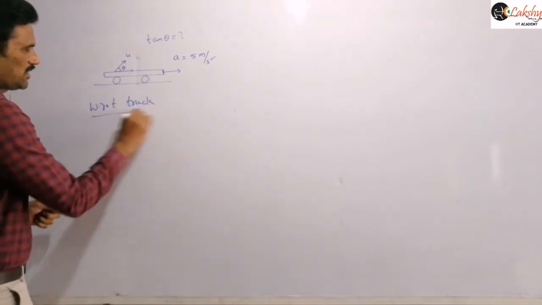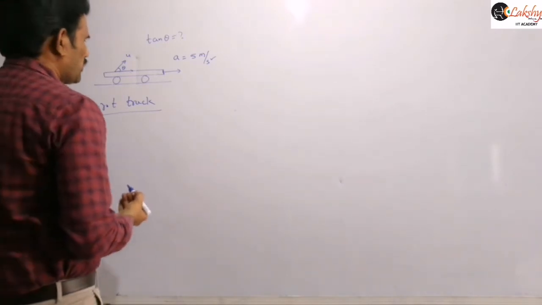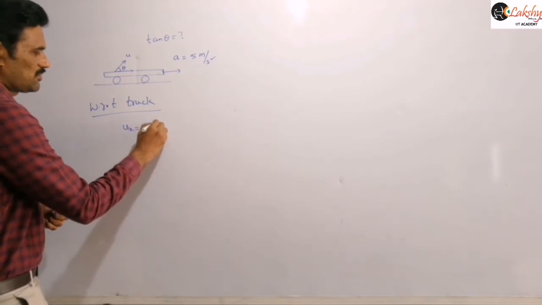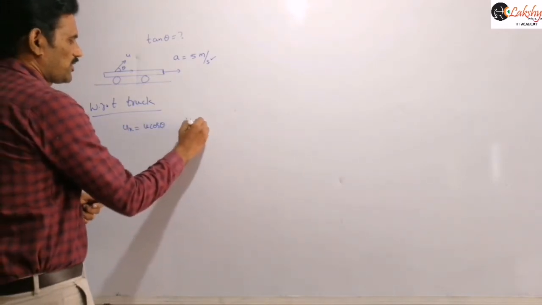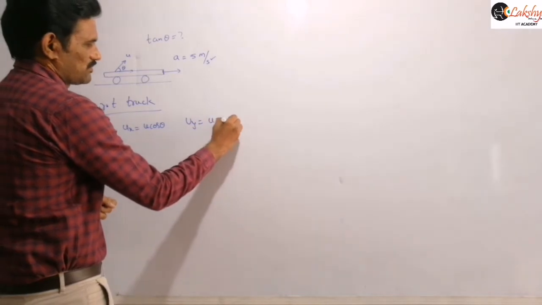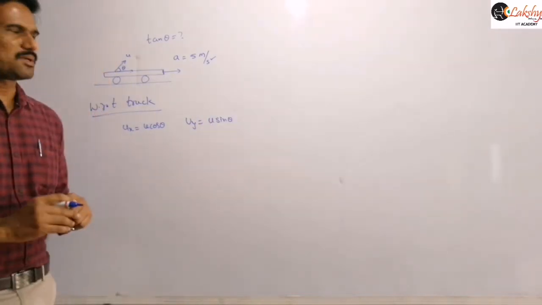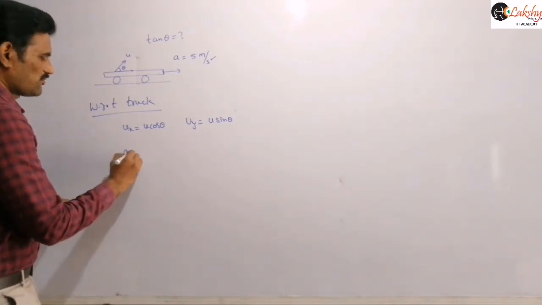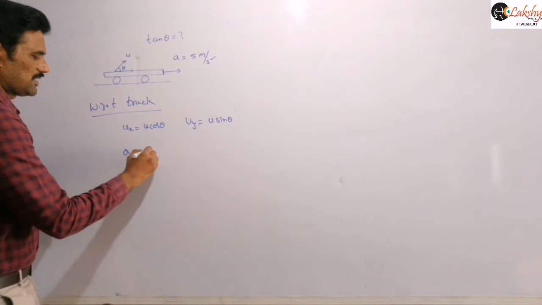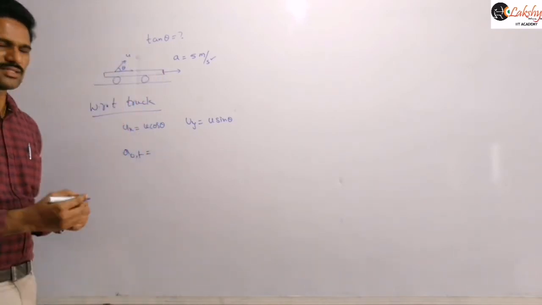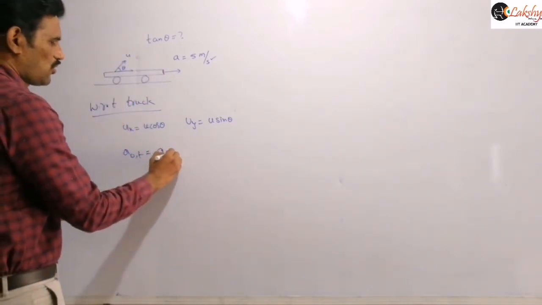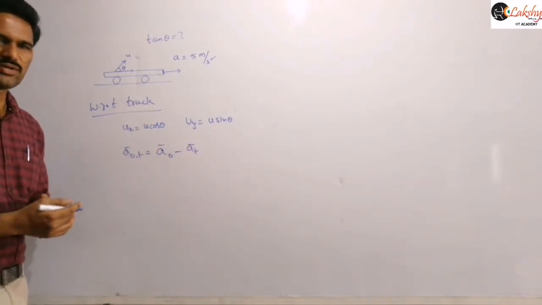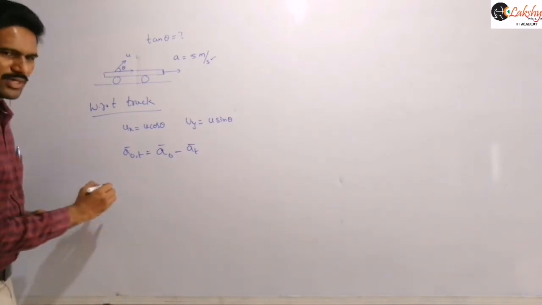Everything we are writing now is with respect to the truck. Let us write the horizontal x component: it is u cos theta, and the y component is u sin theta. These are the components with respect to the truck. Now let us write the accelerations also. The acceleration of the object with respect to the truck, similar to our velocity: acceleration of the object minus acceleration of the truck. This is our relative acceleration. Now I am writing along the x direction.